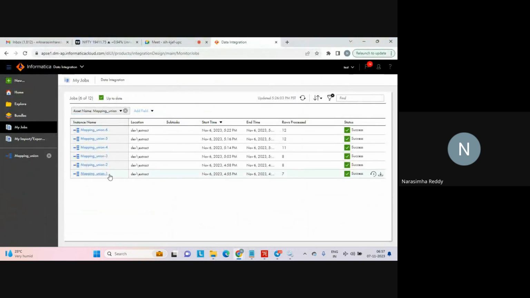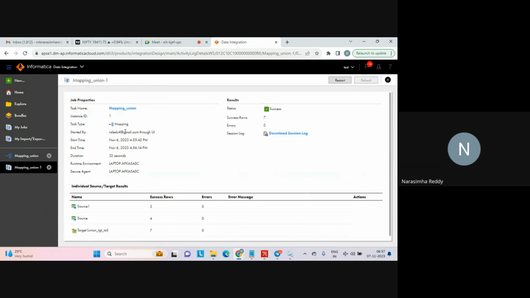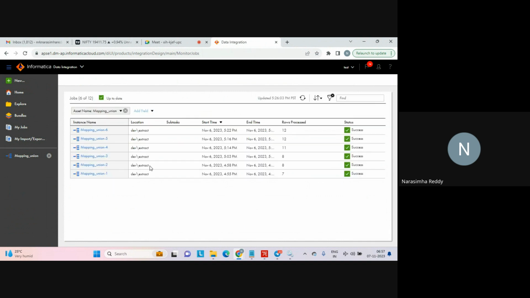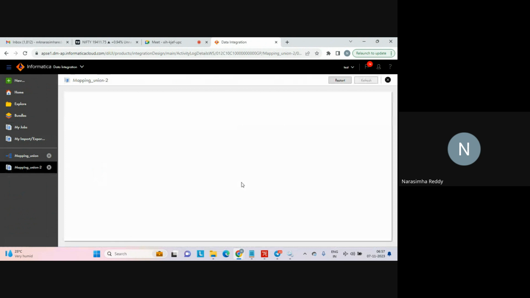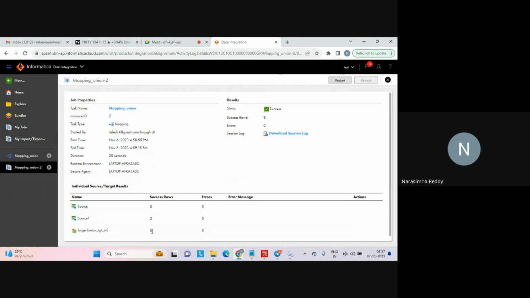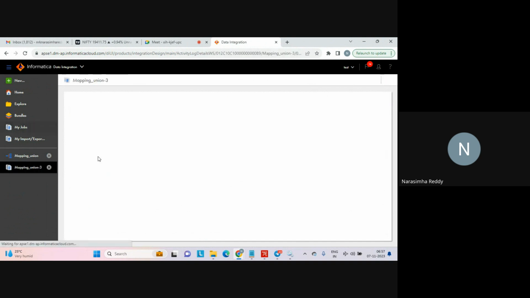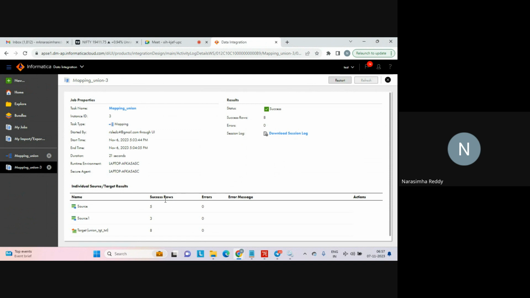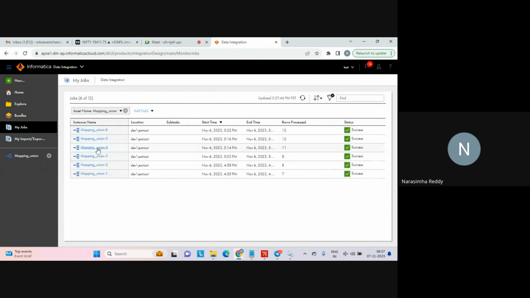Now, if you look at instances, right? See, 1, 2, 3, 4, 5, 6. 6 times we executed, right? 6 instances. And each instance's statistics can be seen here. See, it took here 32 seconds, and we can see rows also, 3 plus 4, 7. And if you look at the second instance, here 5 plus 3, 8, because with empty we tried, right? And third one, we tried with the same thing but 3 columns, right? And fourth one,